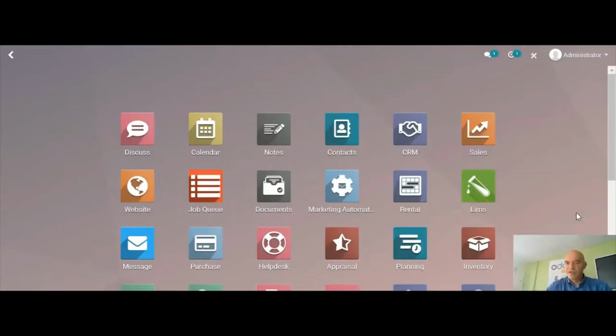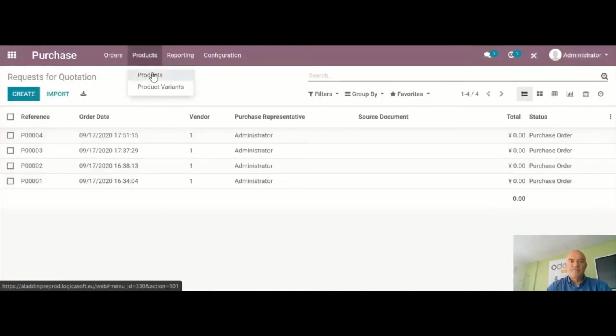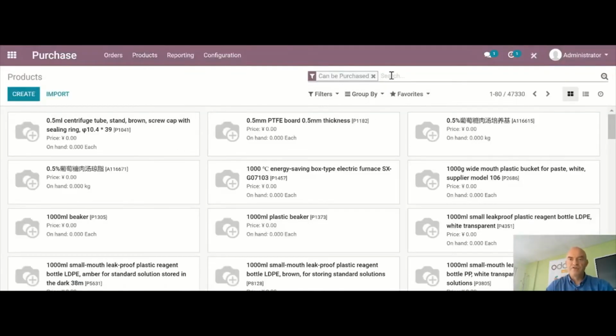The first application is to make a link between the LIMS module and the purchase of goods and the quality control at the reception of goods. So we can go in the purchase module. And if I look at my products, we made a configuration at the product level,